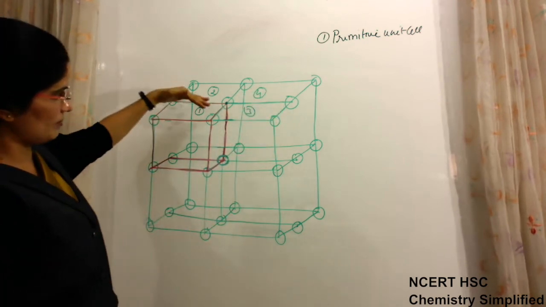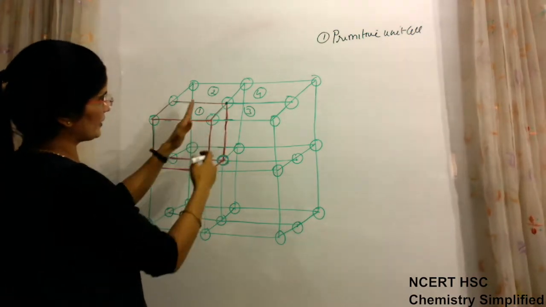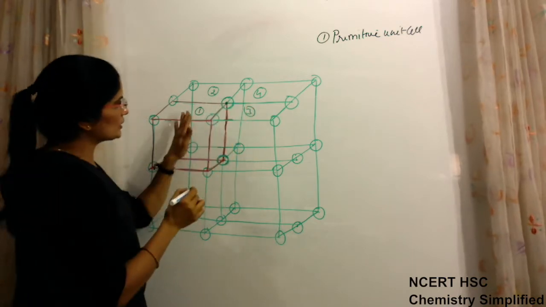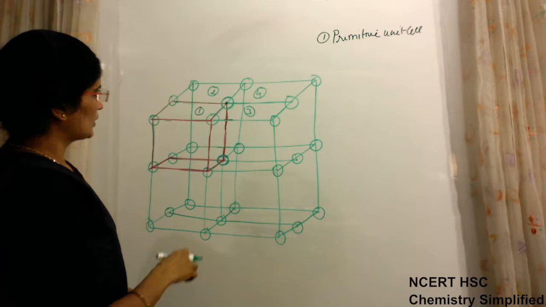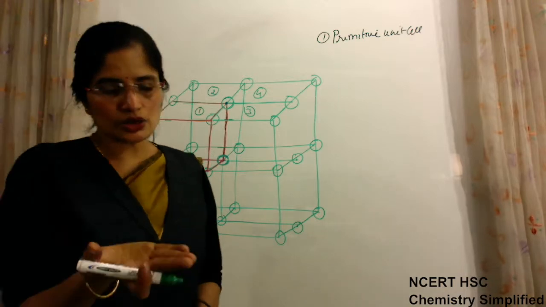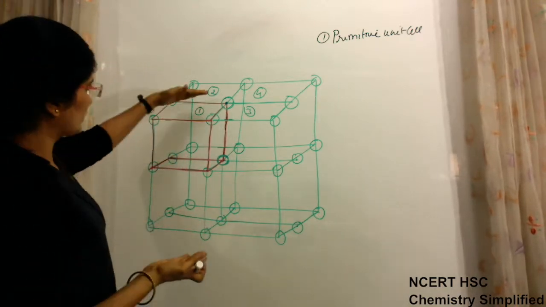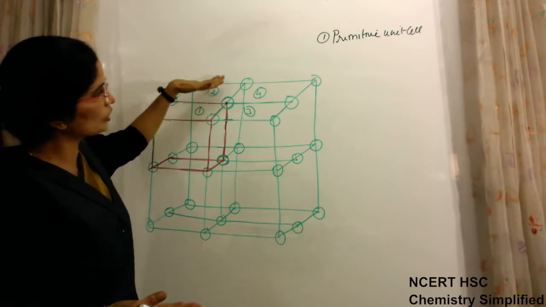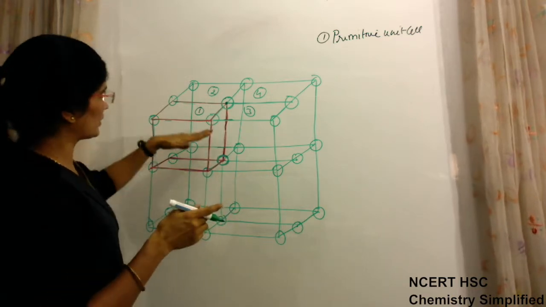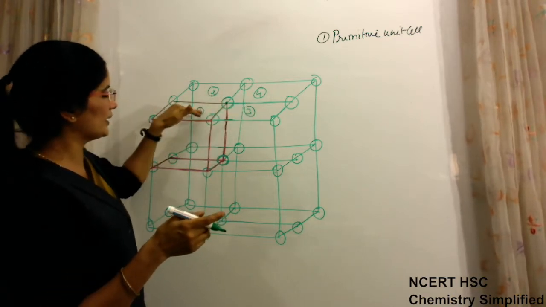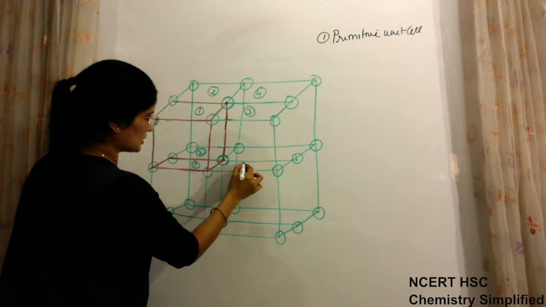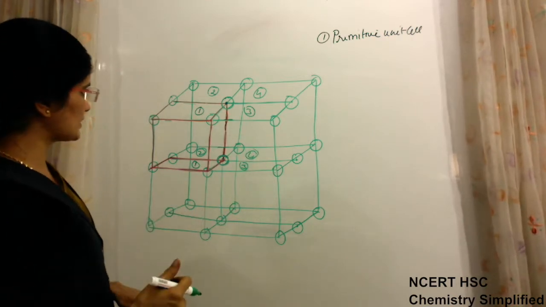So in all, if you imagine it in 3 dimensions, on a plain surface there are 4 coming in contact. That means this particle which you are seeing here is actually part of 4 unit cells, and these all are present in one level, one layer. But this is the particle on the top layer. What if the particle is in the middle layer? It is also part of 4 unit cells in its own layer. This is 1, this is 2, this is 3, this is 4.